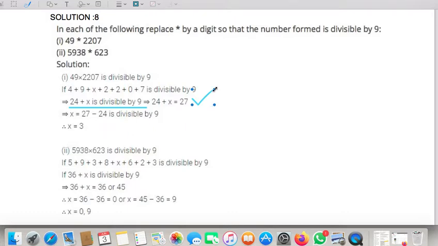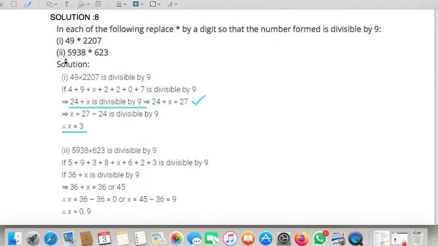So we will equate the same. If I equate 24 plus x equals 27, what do I get as x? x comes out 3. So now x is 3. If I talk about any other multiple, 9 fours are 36. So 36 minus 24 gives a 2-digit number. That is why it is not possible for x to have any other value. It can only be replaced by a single digit, which is 3. Clear, everyone?